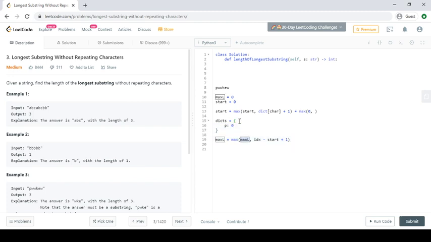And we will calculate the max L. Previous max L is 0, and current IDX is 0, minus current start position 0, plus 1. Now the value of this is 1.